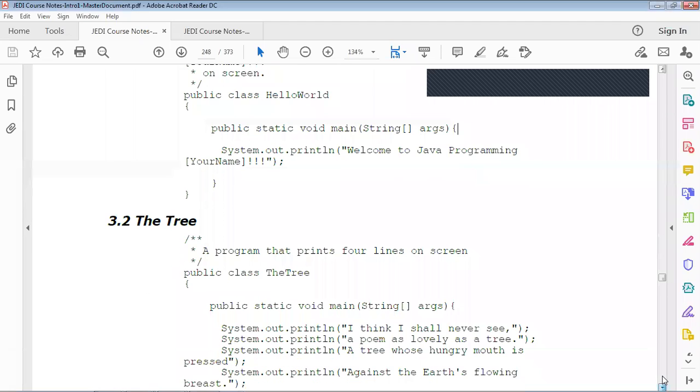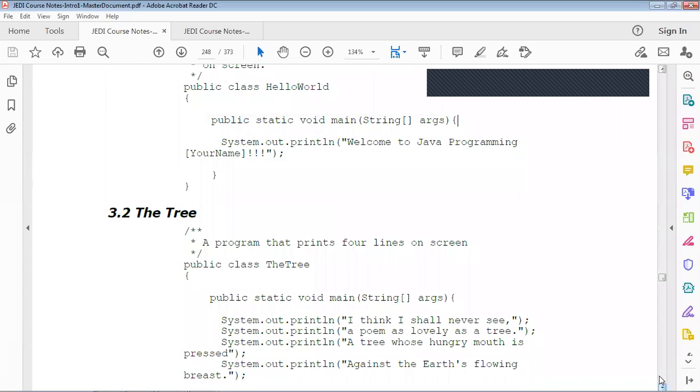A program that prints 4 lines. Our first example is one line only, one statement only. I discussed last meeting the difference between println and print: println is a new line. With print, or System.out.print, the statement continues on the screen.